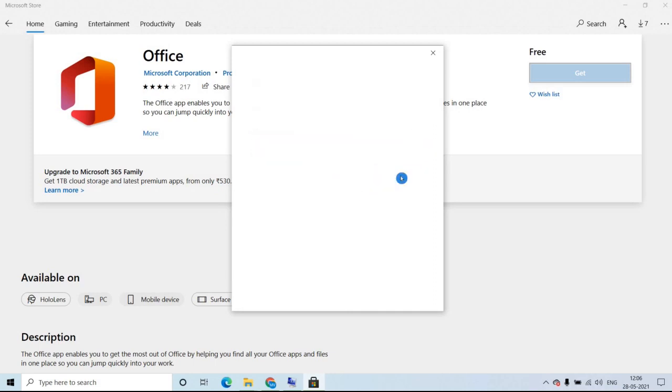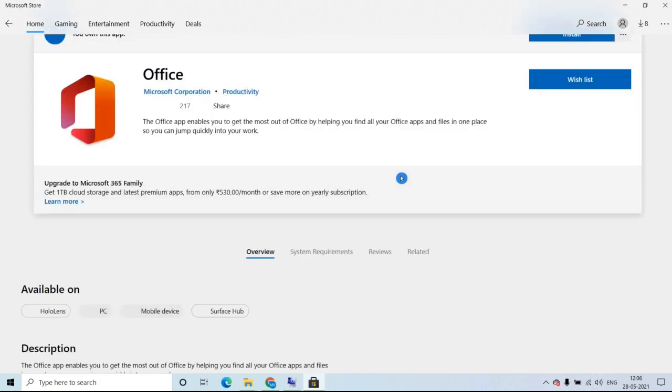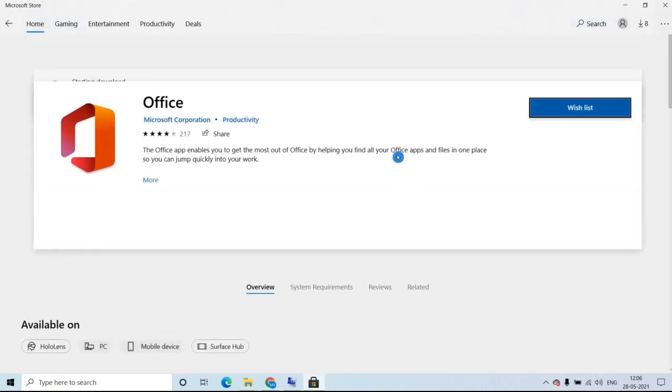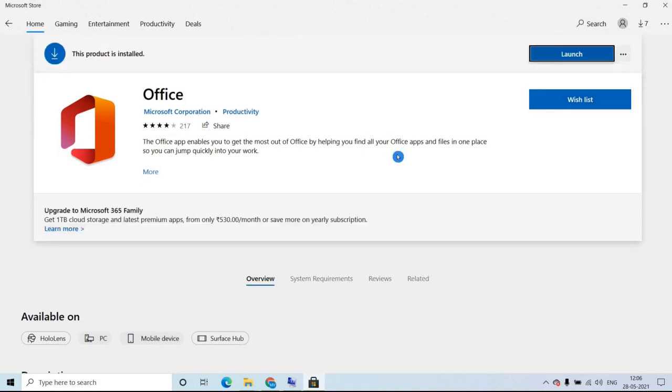Click sign in. Then it automatically verifies the account and installs the Office application. You can see this product is installed.